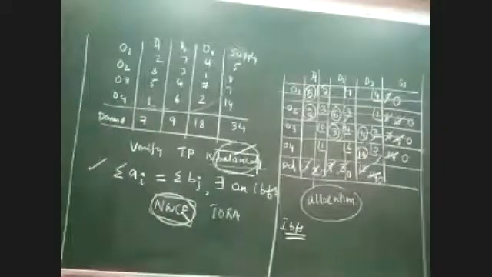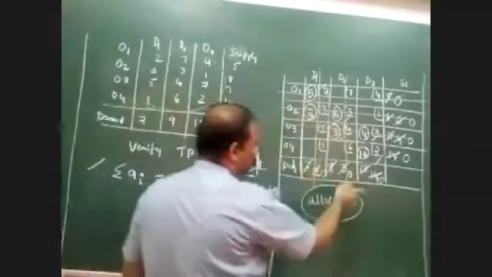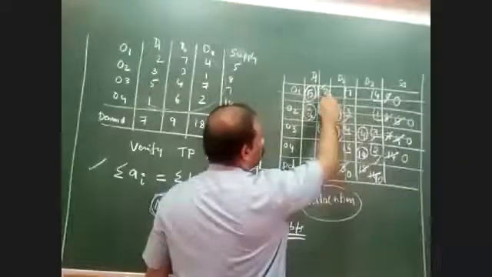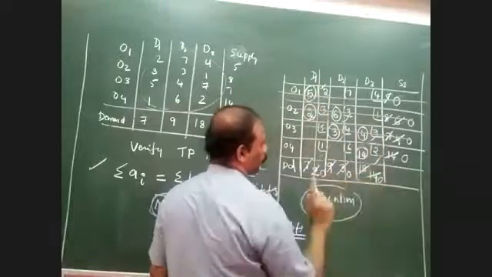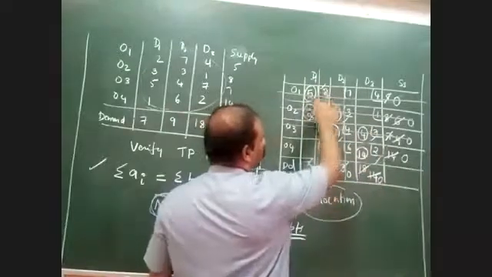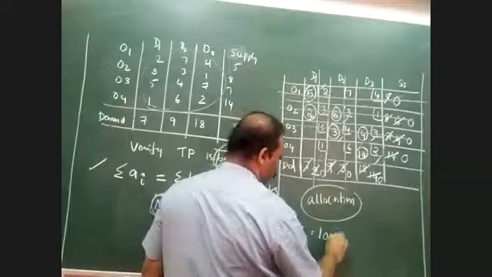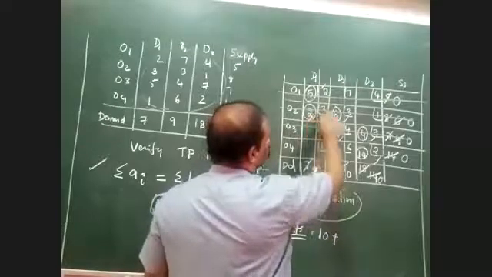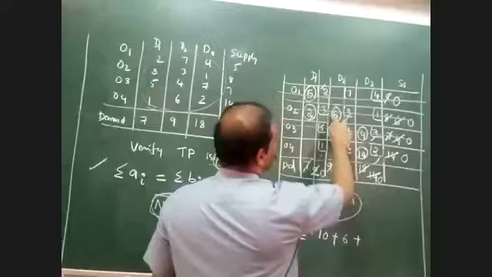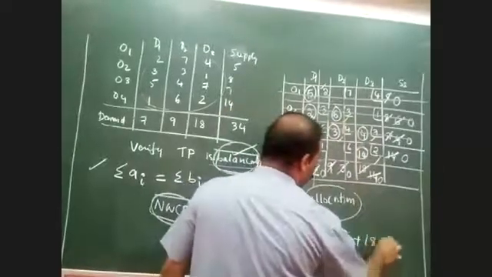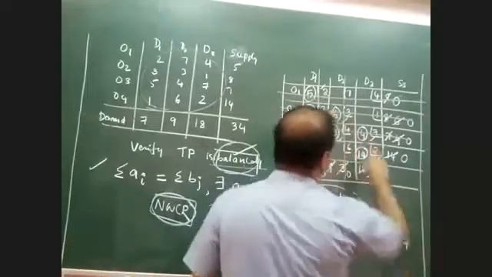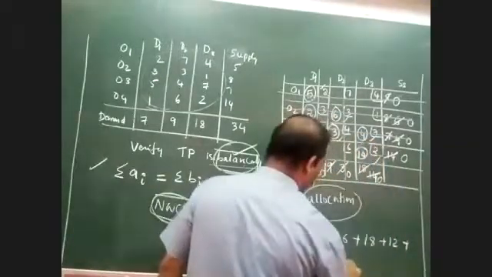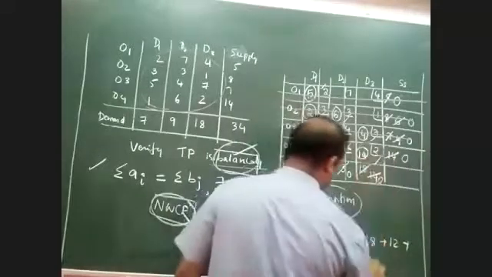Now, when I'm calculating the initial basic feasible solution, it is very simple. For the cells which have allocations, the unit transportation cost has to be multiplied with the allocated value, and then add all the values. 5 into 2 is 10. That is the first value. Plus 2 into 3, that is 6. Plus 6 into 3, 18. Plus 3 into 4, 12. Plus 7 into 4, 28. Plus 10 into 2, that is 20.